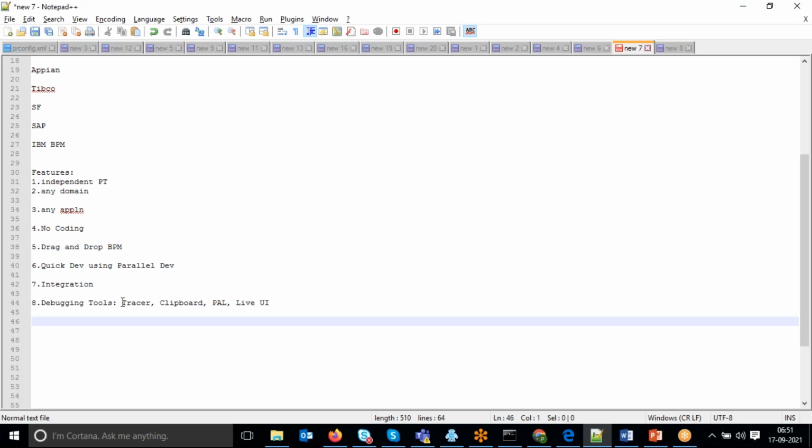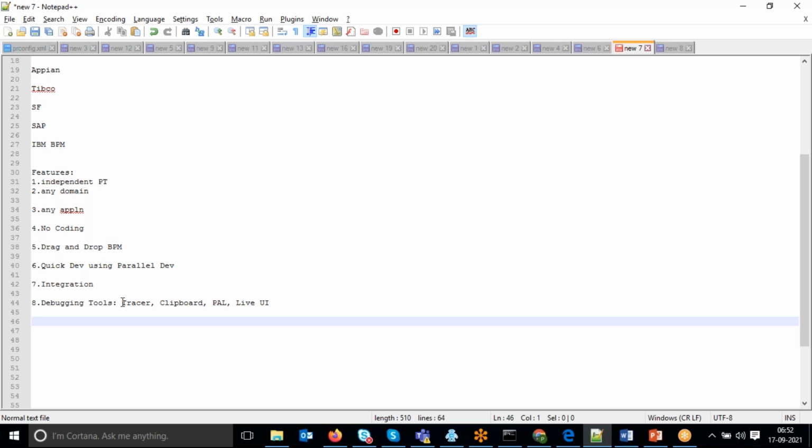We have a manual process, but in Pega we have inbuilt tools that take care of it automatically. You don't have to worry about that. In the tool we can see whether there is a problem or not.